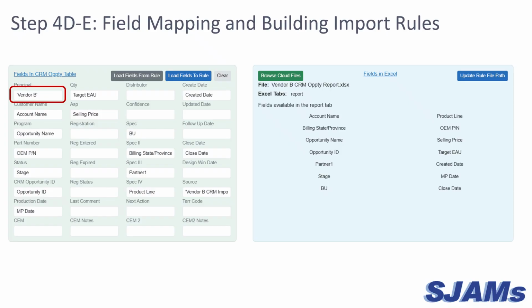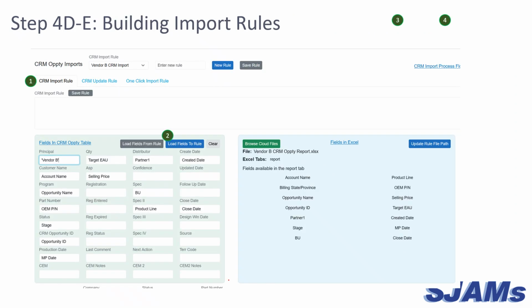Furthermore, there are fields, such as the principal field, that may not be included in the CRM opportunity report. Values can be hard-coded into the mapping by using the following syntax: single quotation mark, value, single quotation mark, as shown in the Vendor B principal field. Once all of the fields have been mapped and those manual fields have been added, let's walk through the steps